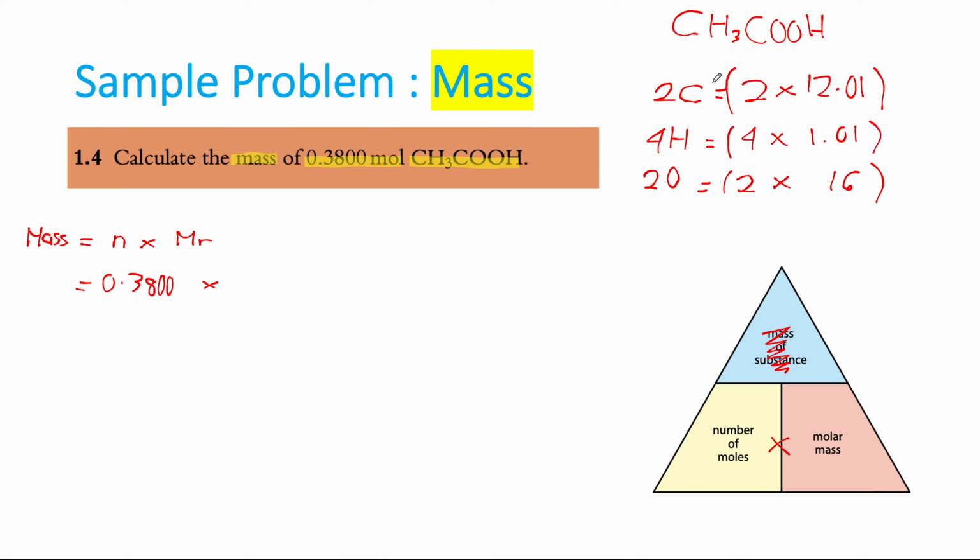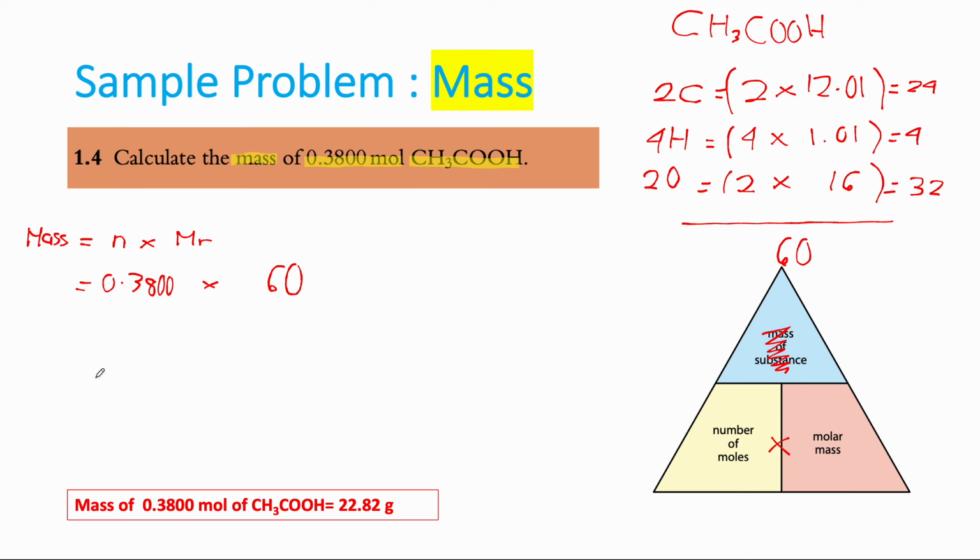And so this CH3COOH contains all of this, and if we sum this up, we do 2 times 12, which let's make it 24. Make things simple. 4 times 1.01, basically 4, plus 2 times 16 is 32, right? So now it's 24 plus 4 plus 32. So 24 plus 4 is 28. 28 plus 32 is 60. This is an approximation, but very close. So the molecular weight of this CH3COOH compound is 60. So it's just 0.38 here times 60, which should equal this,